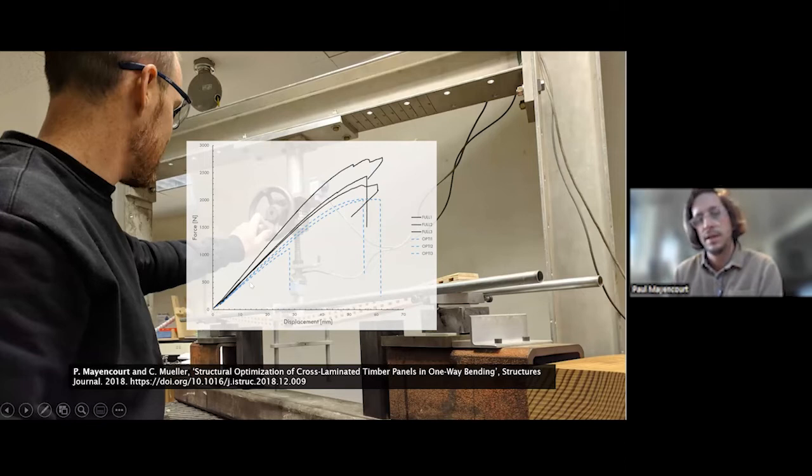So what you can see is that the optimized panel is less stiff and less strong than the full panel that has a bit more stiffness. So this slope here is a bit higher, and it goes a bit higher in terms of force. But what is important to remember is that this consideration of the stiffness to weight ratio is important too. So the optimized panels are a bit less stiff and less strong, but they are also a lot lighter. They use a lot less material. So in terms of the maximization of the use of material, they are a lot more efficient.